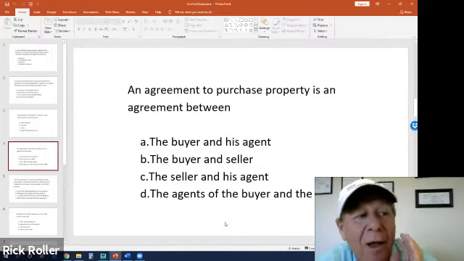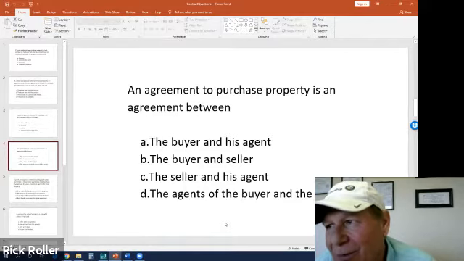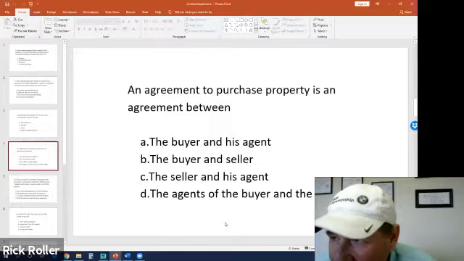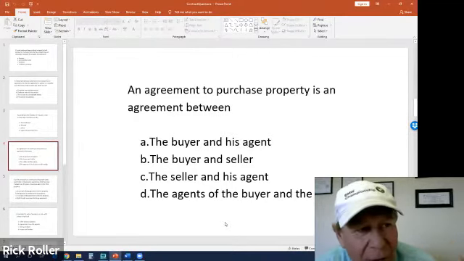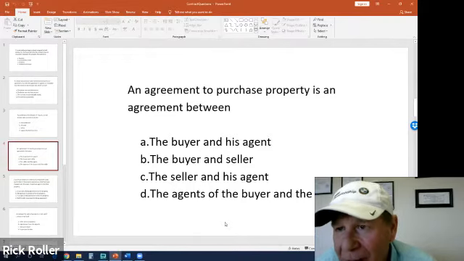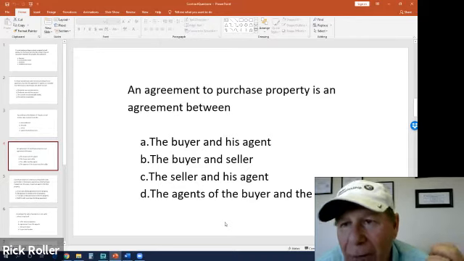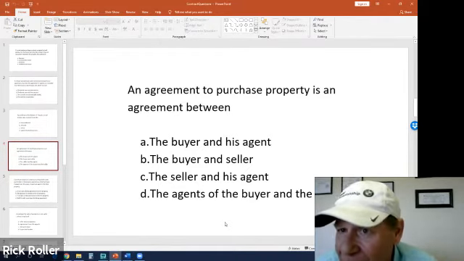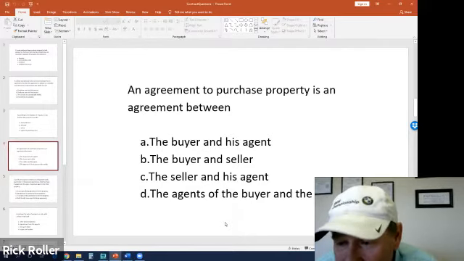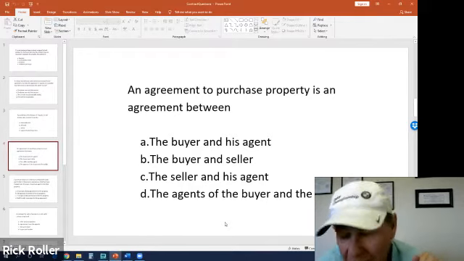You see, this is where you have to dig into some of these questions, and I intentionally misled you there. Because I want you to read each question twice, please, twice, and ask yourself, what are they really asking here? You see, that buyer's agreement, oh, I'm entering into an agreement to purchase property. No, you're entering into an agreement with an agent to find something to purchase, and then have that agent help you with that purchase. An agreement to purchase property is an agreement between the buyer and the seller, which is B.